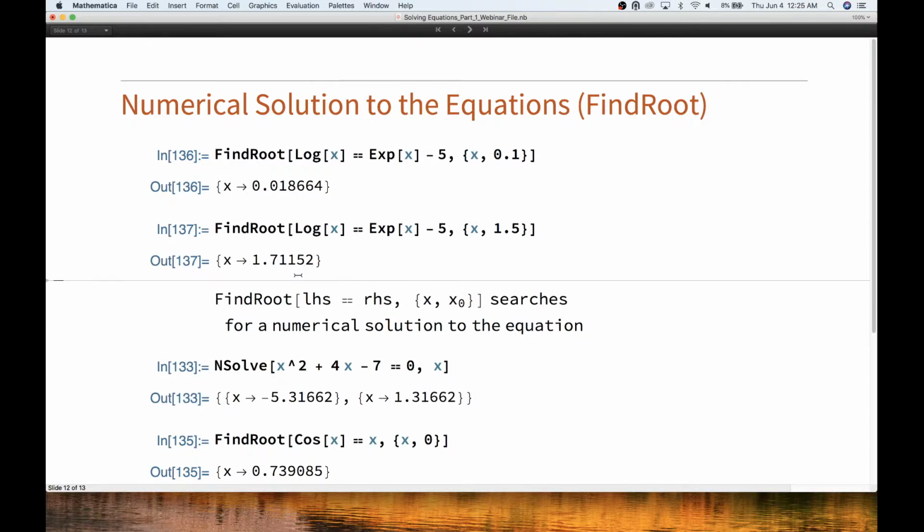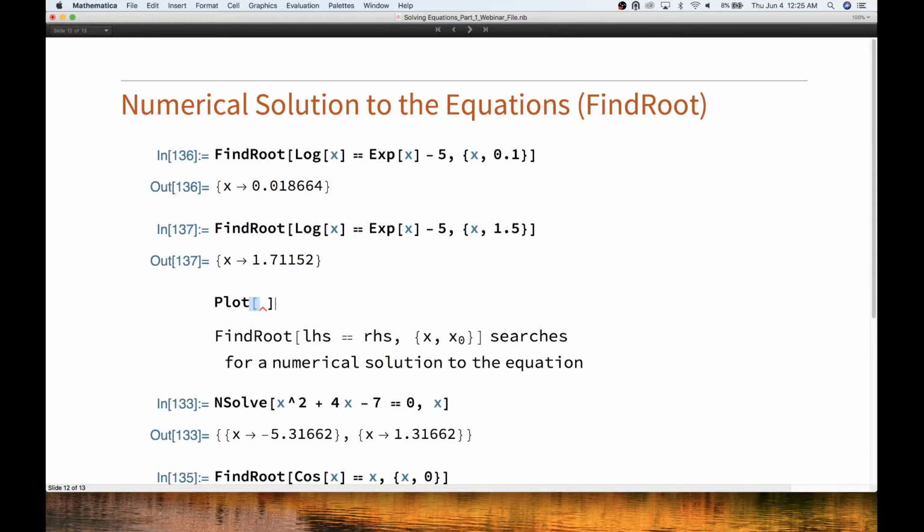So if I take this equation, it goes back there. So I'll copy it from here, and I'll paste it here. And the value from 0